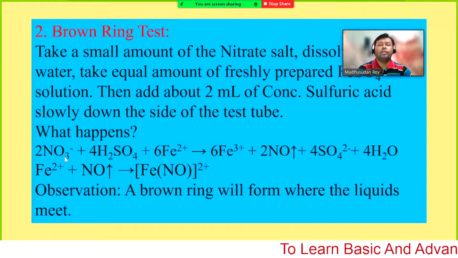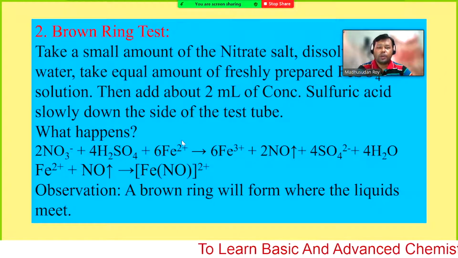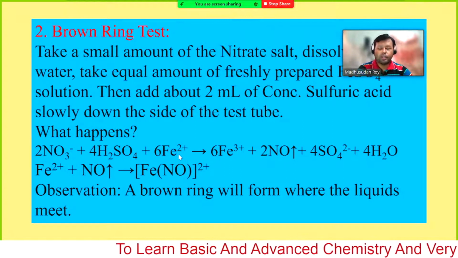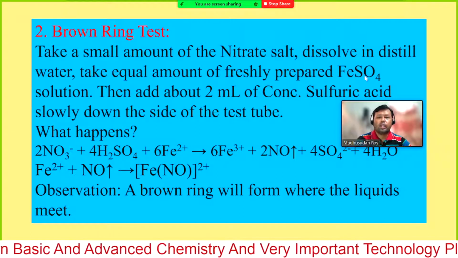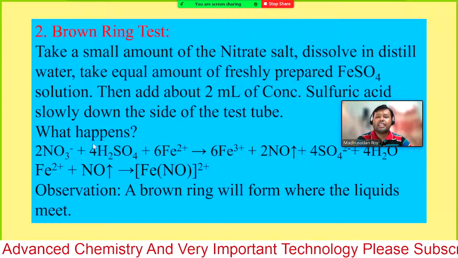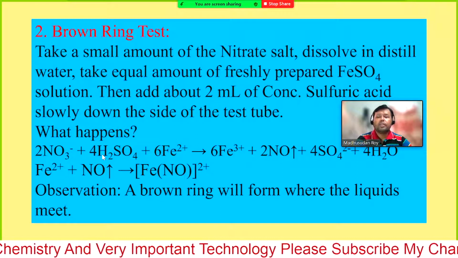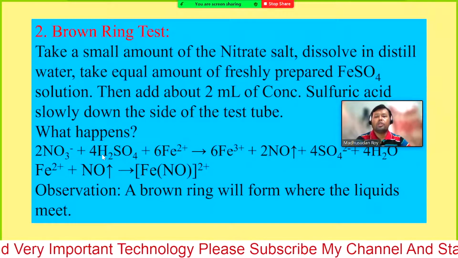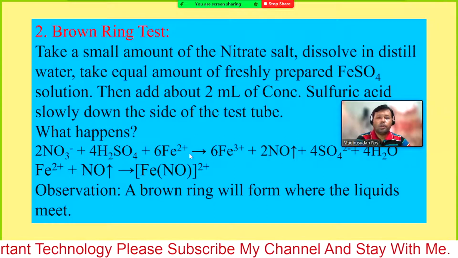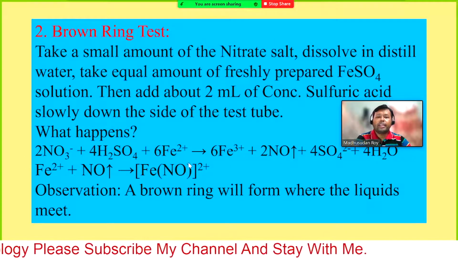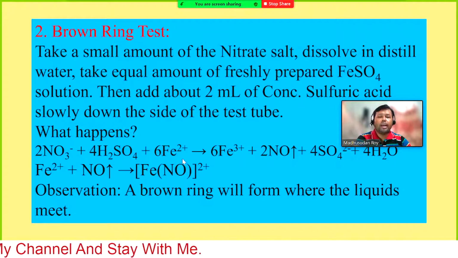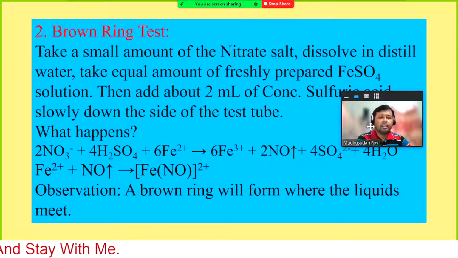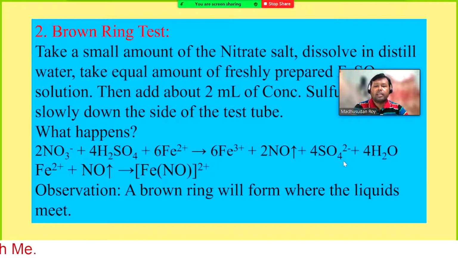Whatever nitrate you have in your sample, you have added iron 2 sulfate, so iron 2 plus from the iron 2 sulfate. And you have added sulfuric acid dropwise, so that will give you the reaction. The iron 2 plus will convert into iron 3 plus, then the rest of the things, and finally this iron 2 plus